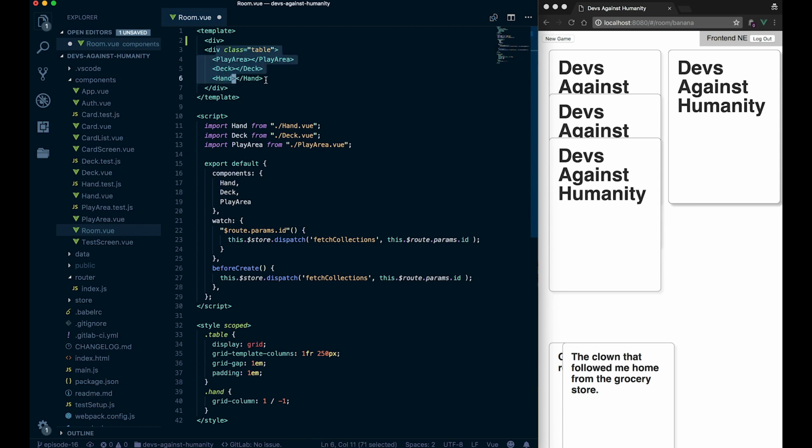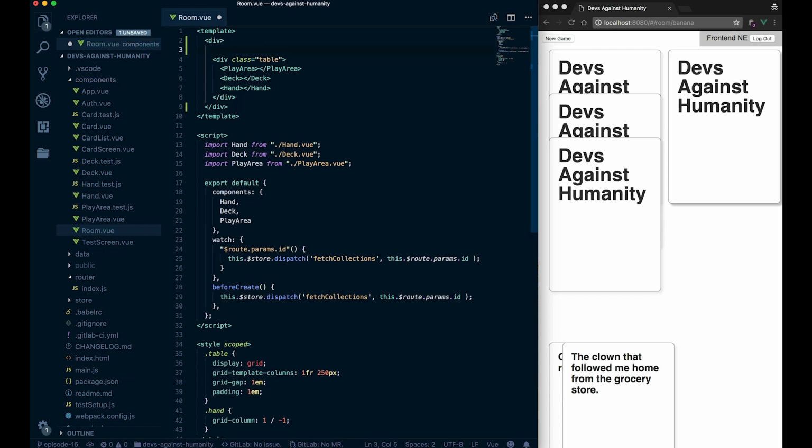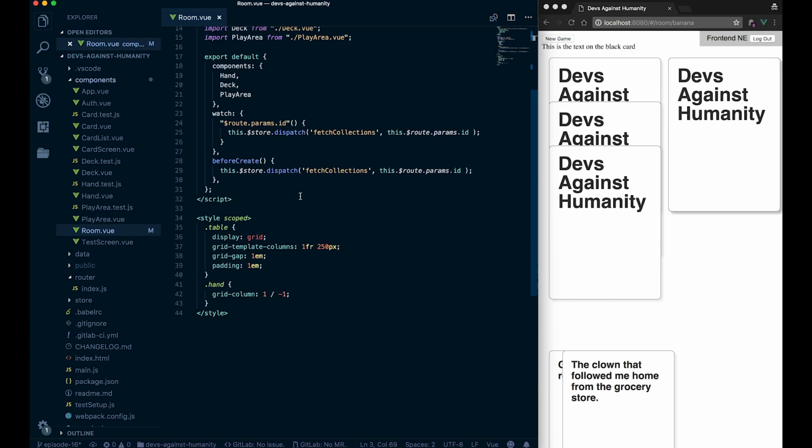So if I add in my wrapper div, and then above this table, I just have a div with a class of, for now, black card, and say this is the text on the black card, and then down here, black card,